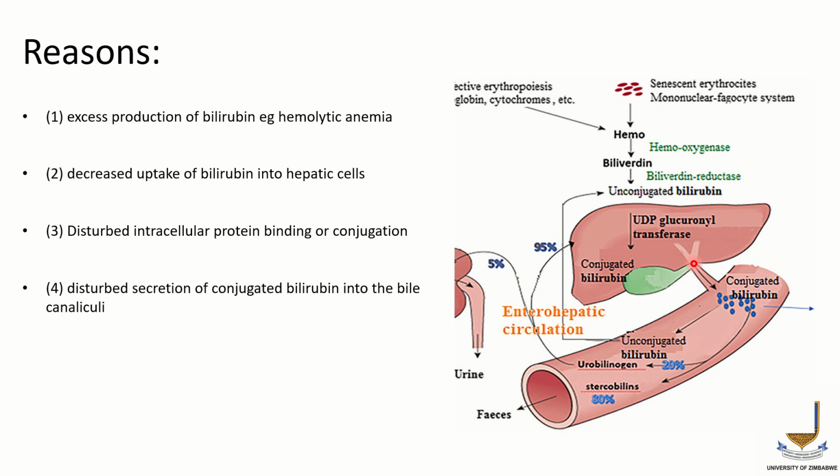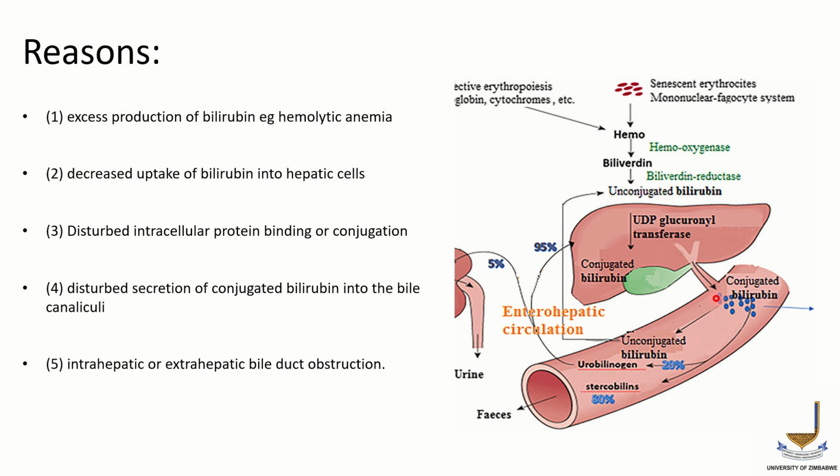There is failure of transportation of this conjugated bilirubin, that is, bilirubin which has been processed, into the bile duct and into excretion. Another condition is bile duct obstruction, where in the bile ducts there may be stones